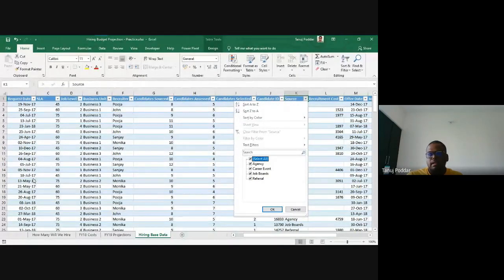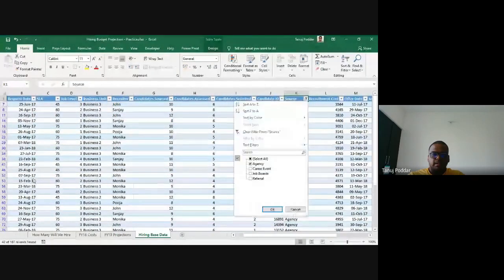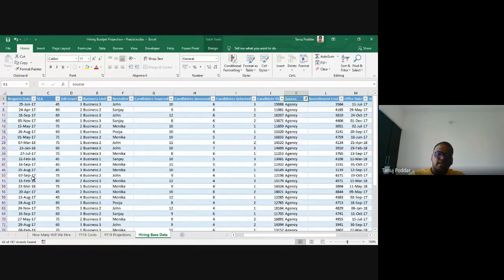So typically it is a more expensive source of getting hires, right? That is why you will see that in this data set, I have listed certain recruitment costs against the agency. And compared to that, one thing that I have not done here, but which will happen in a real data set, is that you will have some